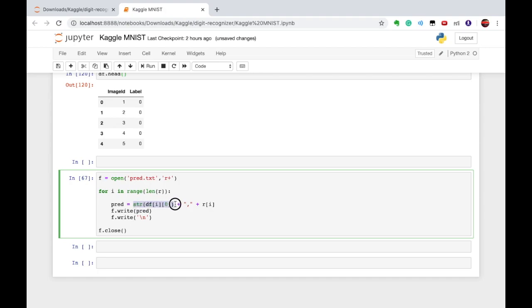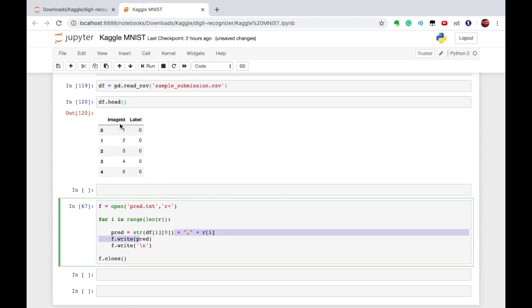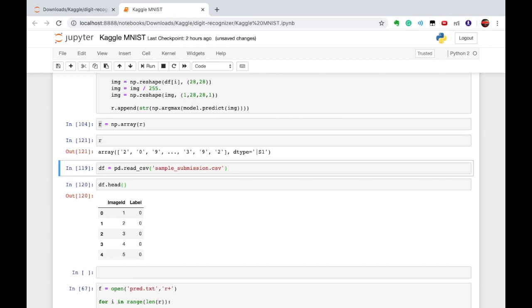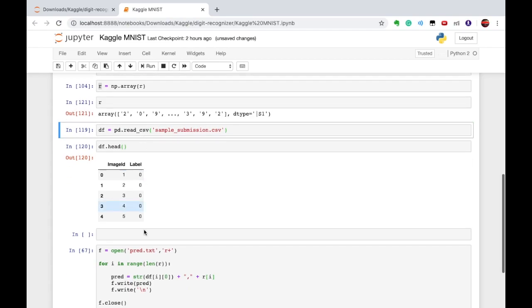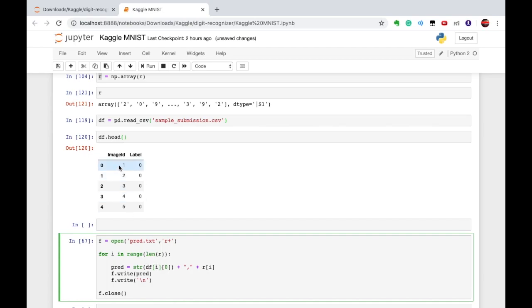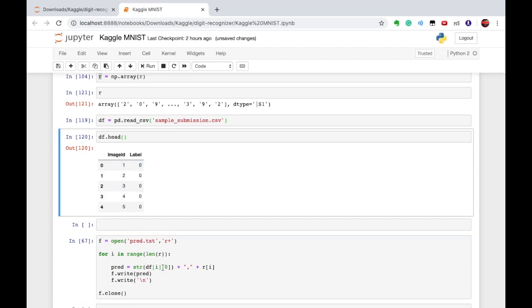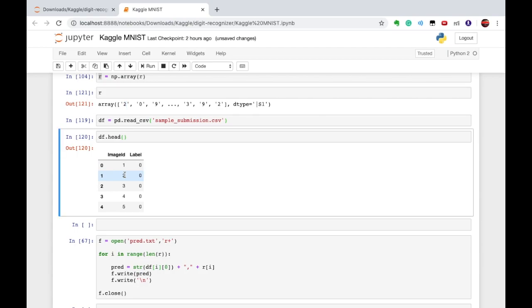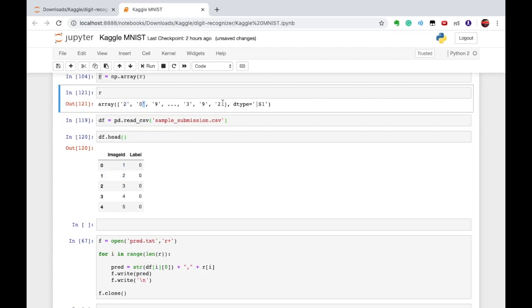So creating a string with commas, the first item should be the image id, which we are writing here, then the next is our comma, and the third one is r of i, which is our prediction, because r has all the prediction values. For the first image, r of 0, instead of 0 I am writing 1, and for the second image, 2, and so on till the last image.